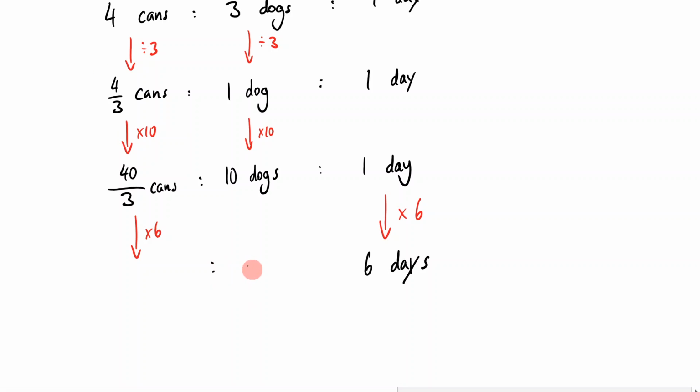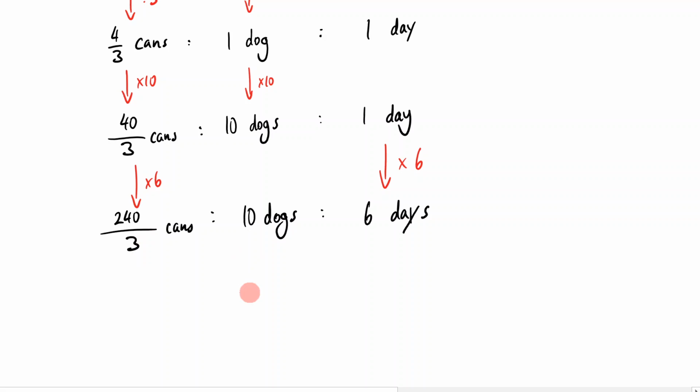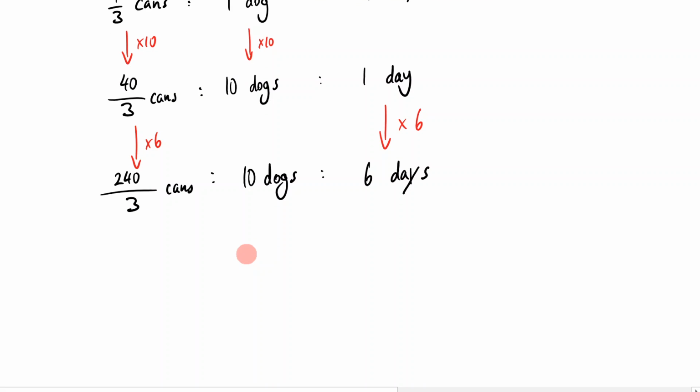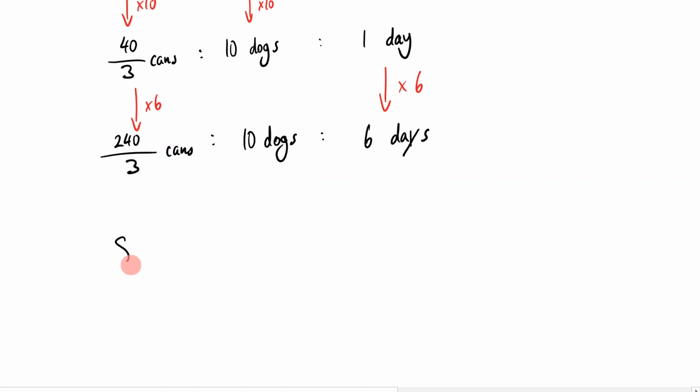So remember, I still have 10 dogs here. That didn't change. But now I have 40 times 6 on 3 cans. What is 40 times 6? 40 times 6 is 240. And you can use your calculator here. You can go, what's 240 divided by 3? It's going to be 80 cans. So that means, if I was to write this very neatly at the end, 80 cans can feed 10 dogs for 6 days. So my answer